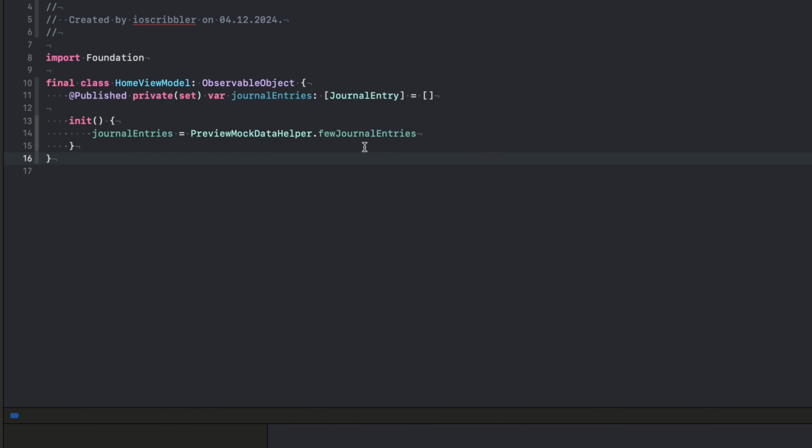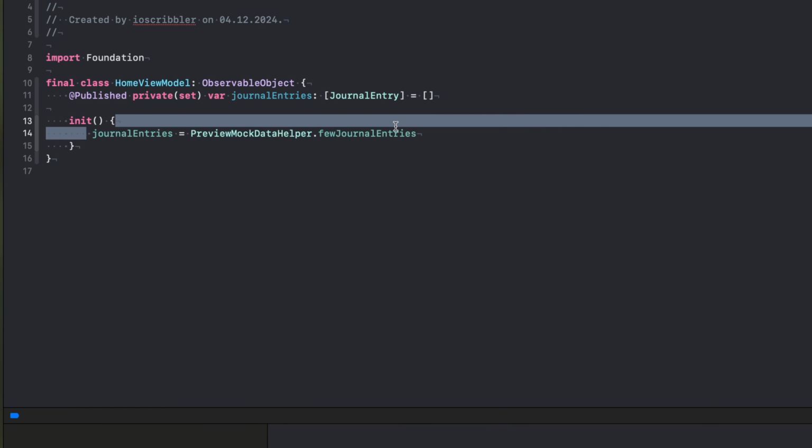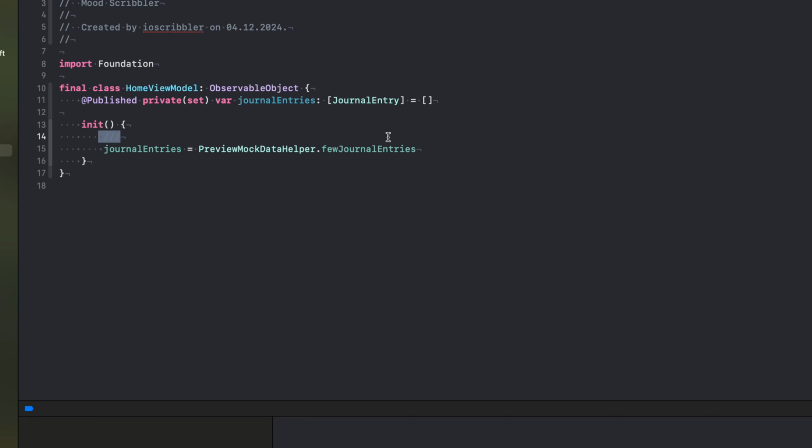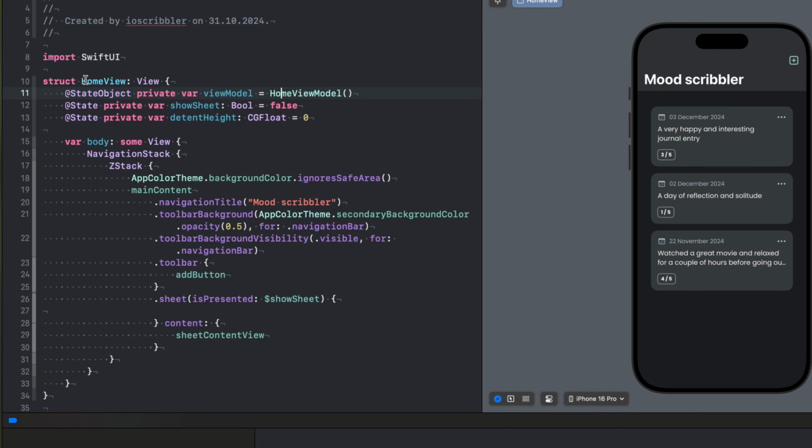So in order to show you the power of this change that we just made, we should simulate a backend fetch. Initially our journal entries are empty, but we will add a hardcoded delay right here somewhere. After that delay finishes, we're going to populate our journal entries with our preview data helper entries. By doing that, we can build a loading indicator that will let the user know a time-consuming operation is happening. So in our home view, let's create that